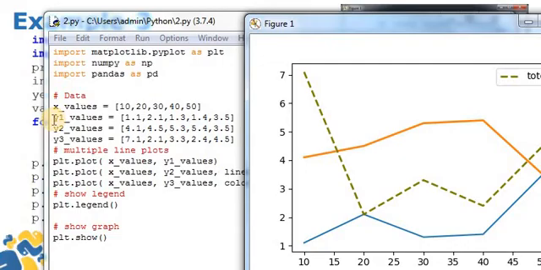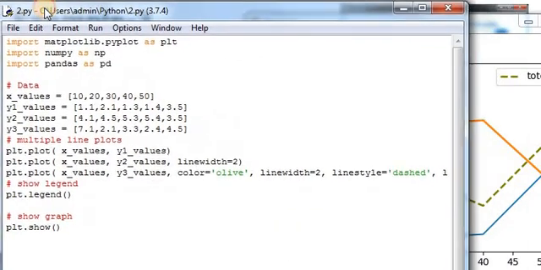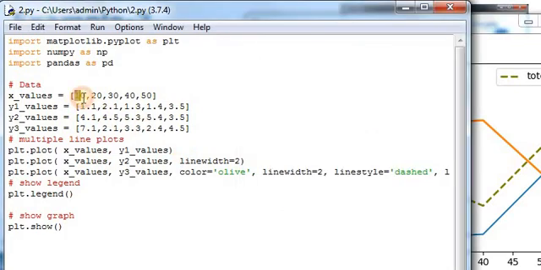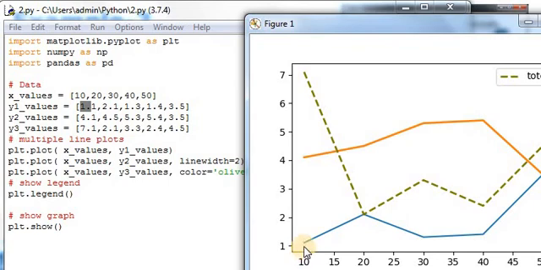So here I am making 3 sets of values: y1 values, y2 values and y3 values. In the first line, if the value is 10, then in the figure it is 1.1. If it is 20, then it is 2.1. So this is the first line, that is the blue line.